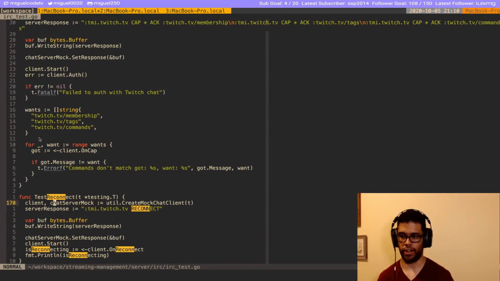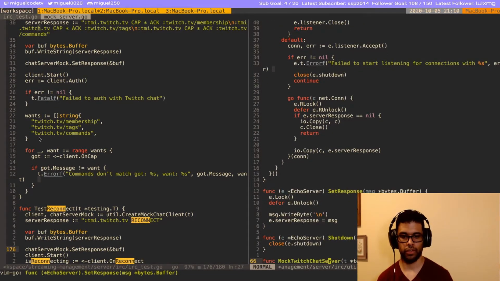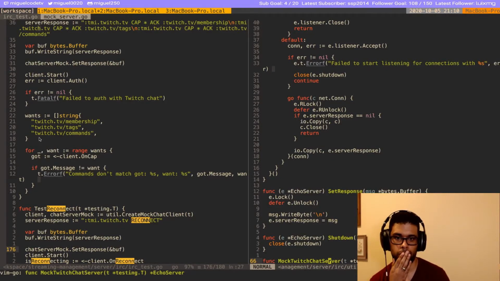Maybe we could teach our Mac server to send a response. We could probably send a message. No, because the client is reconnected. Let's send a message to it and see what happens.